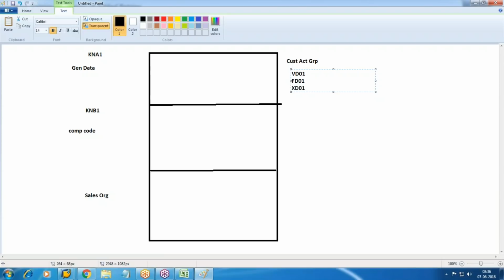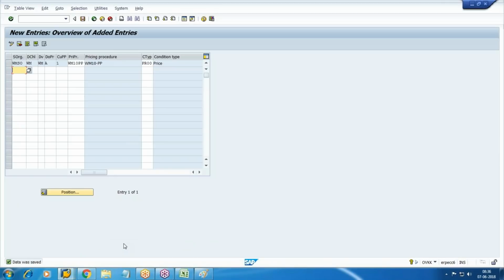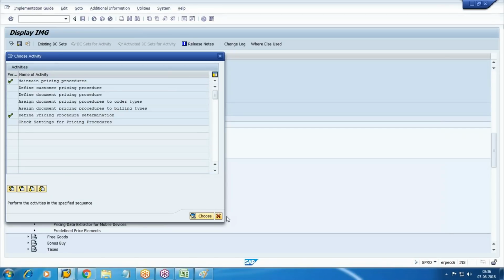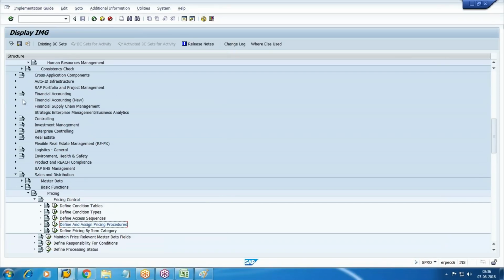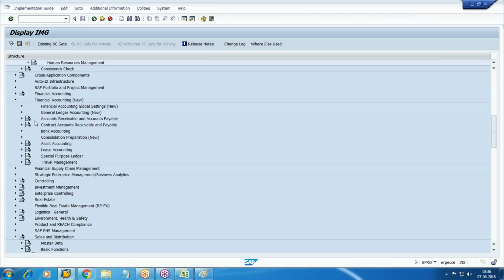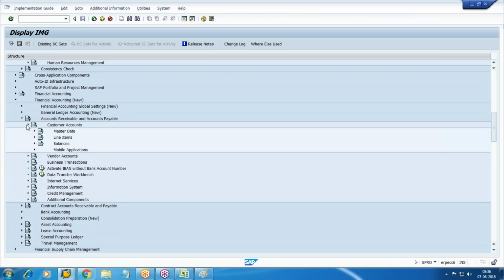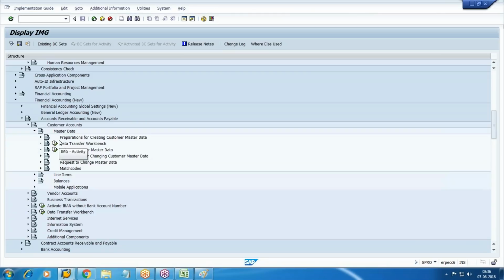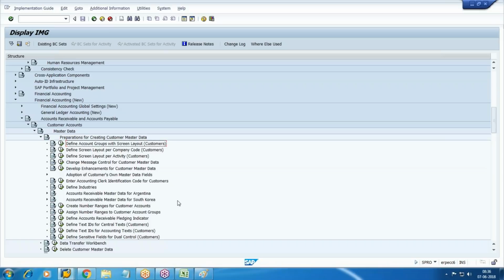Okay, so why we need the group? Categorization of customers. We are going to maintain the number range for customer masters because we have to assign the group with a number range and the different field settings of customer masters. Completely same concept, same configuration, just replace the vendor with customer, that's it. Financial accounting, receivable and payable, customer account, master data, preparation for creating customer master, define account group with screen layout,